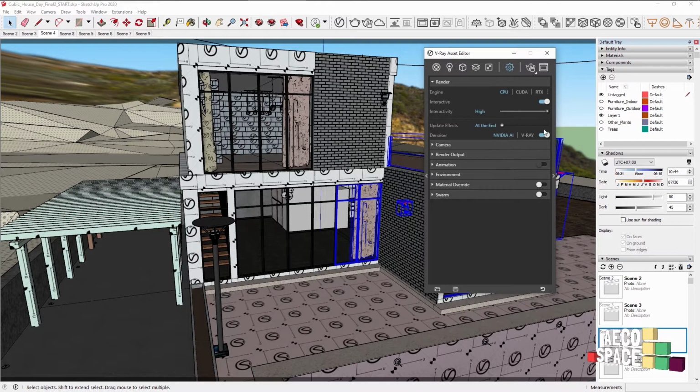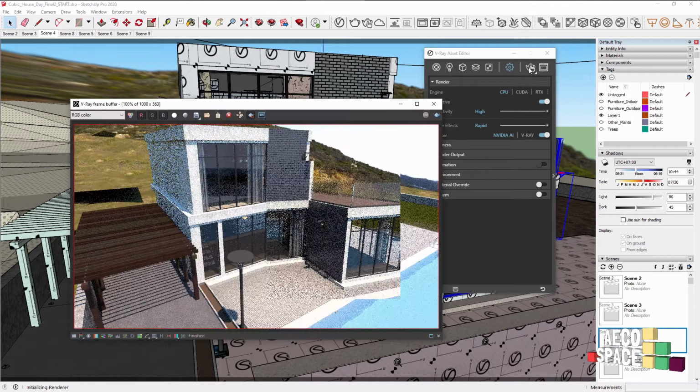So besides turning it on from the switch here, I need to update effects to make the slider at rapid, so I know that every pass, let's say, the denoiser will be updating after the interactive render. Then if I start interactive, in the frame buffer in this case, because I want to show you the difference between the denoised and the not denoised image,